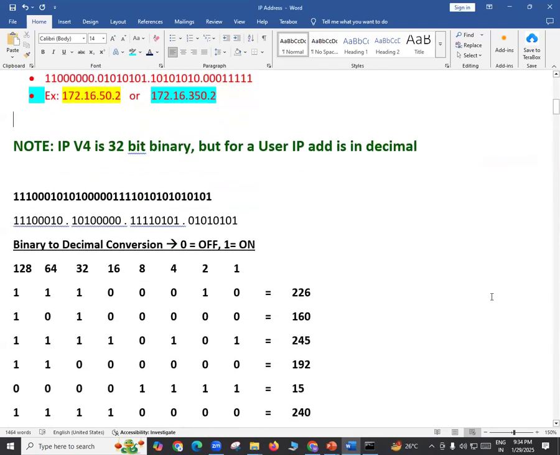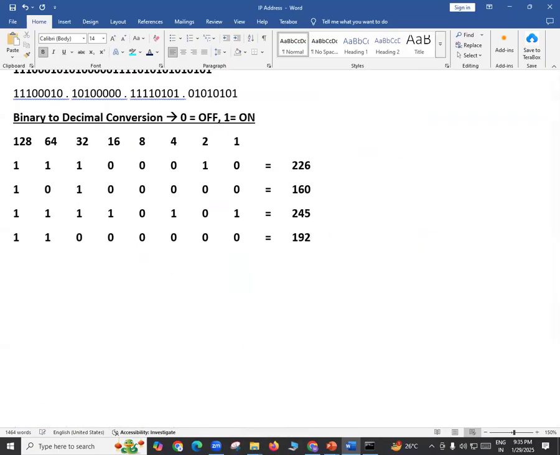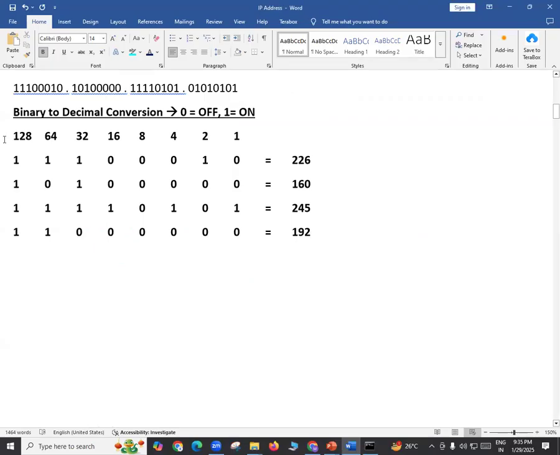See, to understand what exactly is happening there, you know what we have to do, friends? We just need to learn this thing, binary to decimal conversion. Now I'm taking you back to primary school, right? Somewhere in 4th class or 5th class, you might have learned binary to decimal conversion and decimal to binary conversion. If you still remember, great. If not, you have to brush up your skills again. You have to simply revisit binary and decimal conversions. If you know binary decimal conversion, my friend, you can learn IP addressing perfectly.